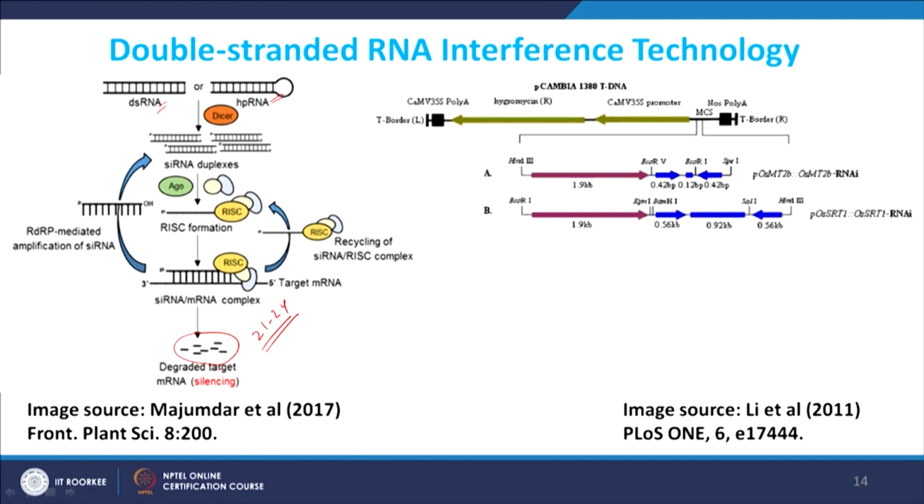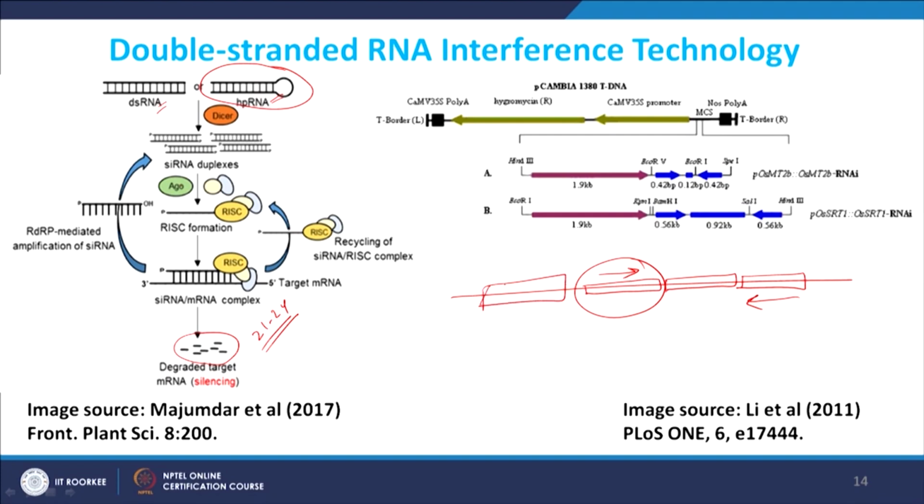So, if you want to use this technology, you can generate your own RNA interference construct for specific genes. What you have to do is simply mimic this hairpin generation. How can you do that? You take a gene specific fragment and clone it in sense orientation, and then put some non-specific sequence or stuffer fragment, a linker fragment, here, and then you take the same fragment and clone it downstream, but in opposite orientation. If this is in the sense orientation, this you put in the antisense orientation, and